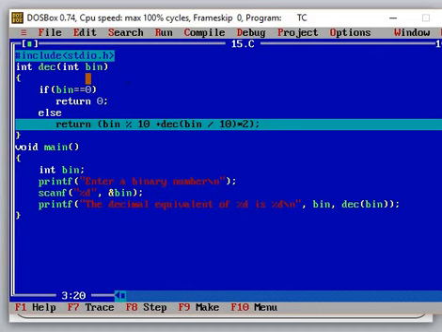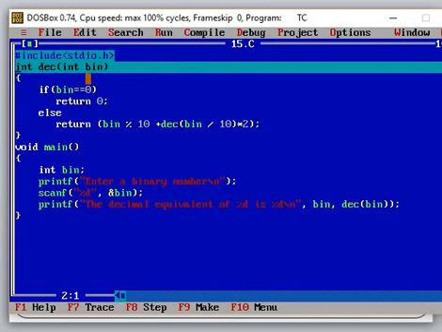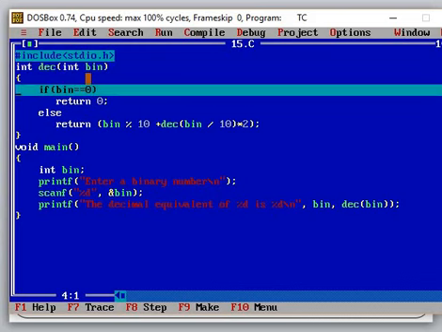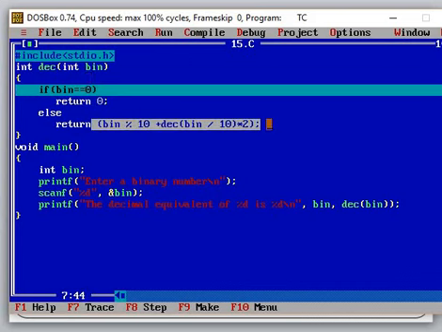When I press F7, you can see the jump from this return statement back to the function's first line. So now bin is 11. Is 11 equal to 0? No, so again it will come to this line only.